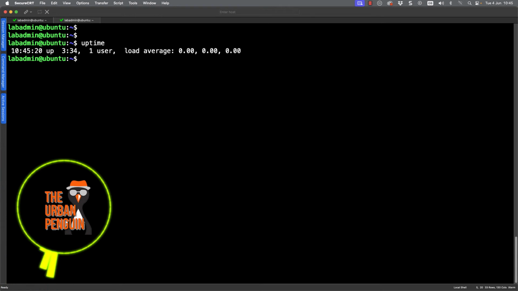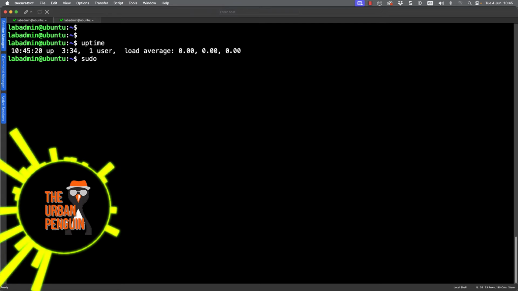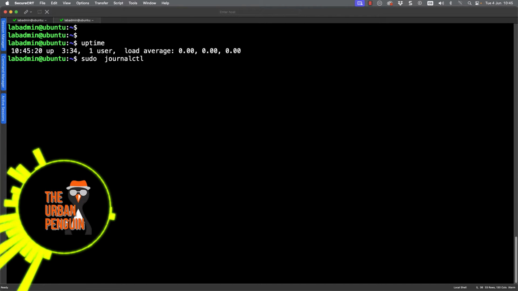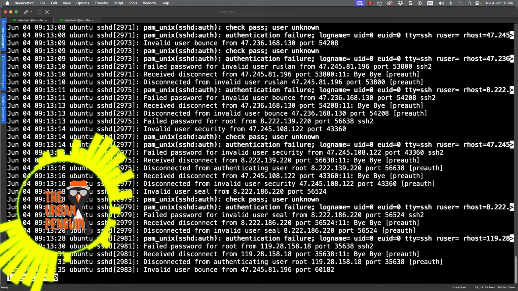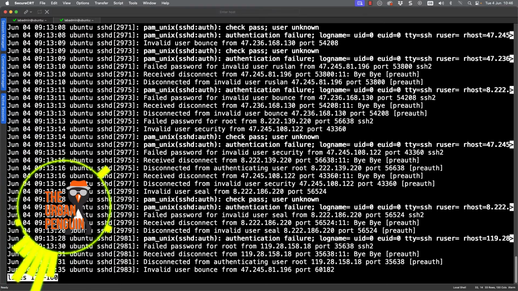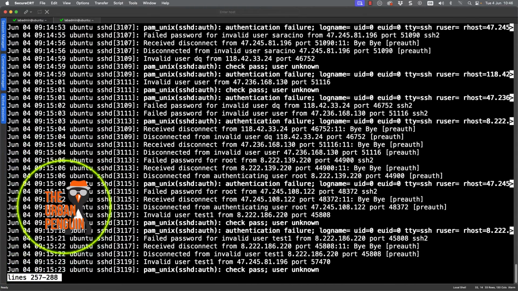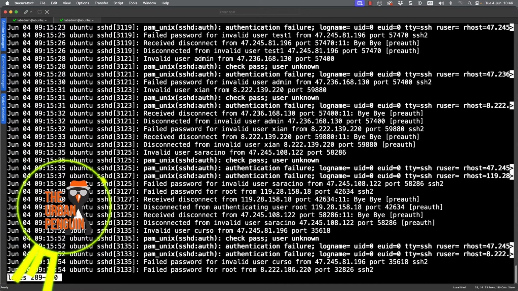But you'll be surprised, and I think you really will be surprised, as to how many possible attacks are already underway for our SSH server. If I go through and take a look at the logs, with modern Linux systems we can use the journalctl command to look at our logs, but to filter them I can specify that I want the unit sshd. When we look at this, we're then able to see there's been an immense amount of activity already against my server. Most of them appear to be failed password attempts, although often they've got invalid keys as well that are trying to be used for authentication.